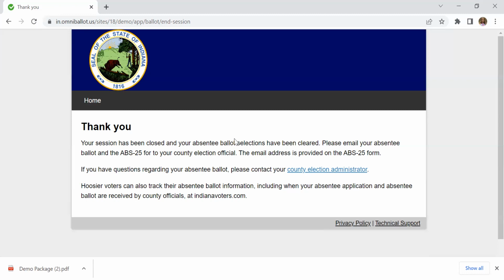All right. Screen sharing meeting. That is the process from start to finish. Again, very straightforward, very easy to use, and it is customized to whatever assistive technology you feel the most comfortable with as a voter, so that you can vote privately and independently from the comfort of your home.